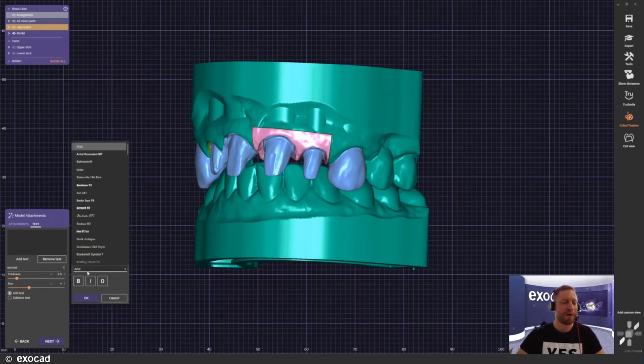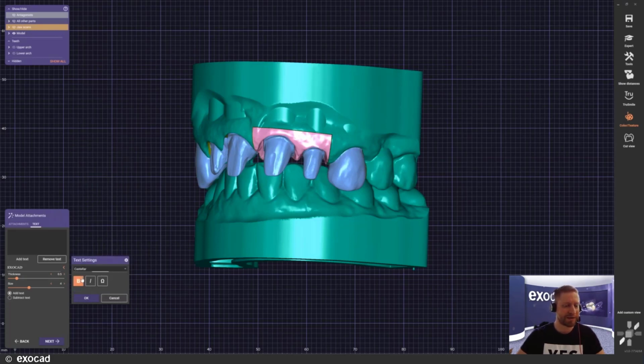You can now choose a certain text type that you want. Any font is available here as well. I'm just going to go with Castella because it looks nice. Make it bold as well. Click OK. Click on Add Text, and now the orange text tells me what to do again, as always in our software, because Exocad is always trying to work with you to improve your workflow.